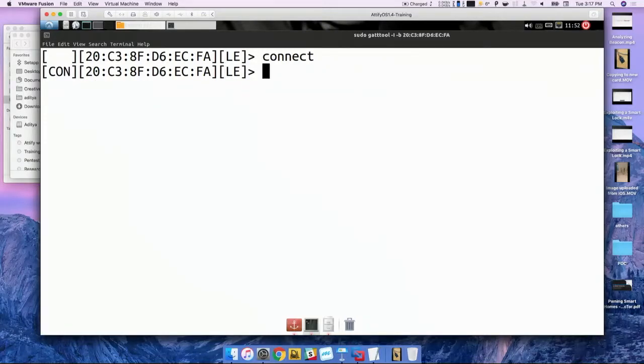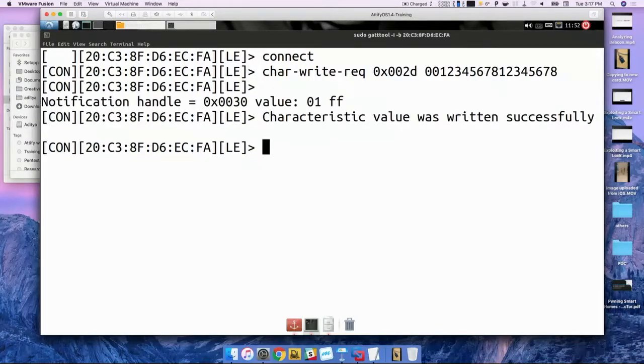Once you have connected, all you need to do is a char write request to 0x002D, which is the handle where the password gets written. This is a really secure device. It asks for your password first, which it transmits in clear text over BLE, and then it transmits the unlock value.